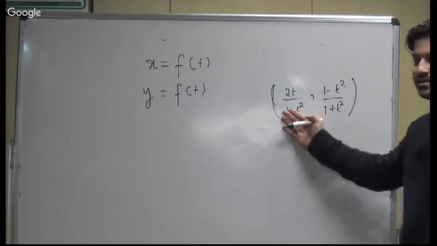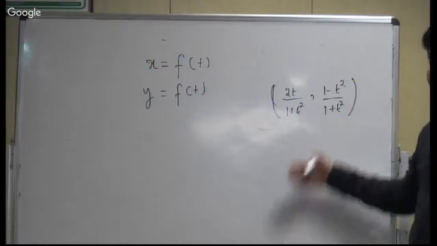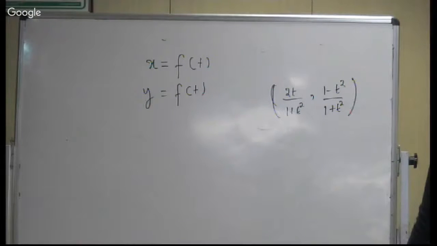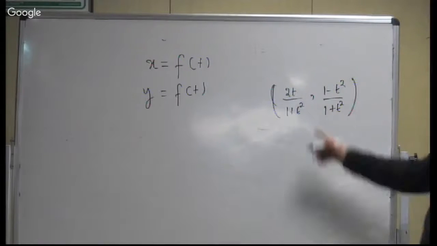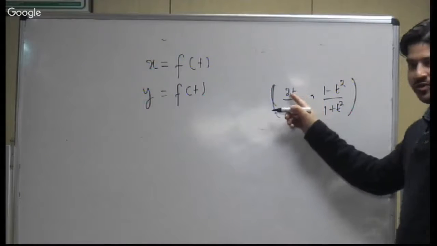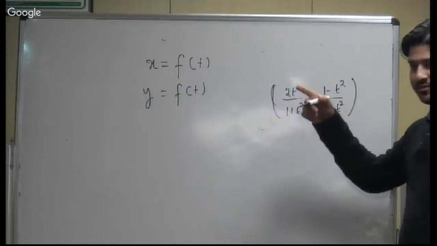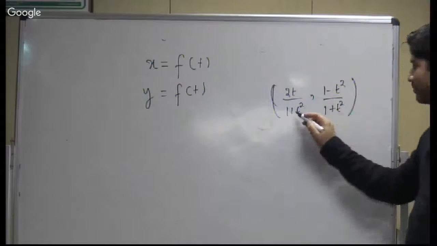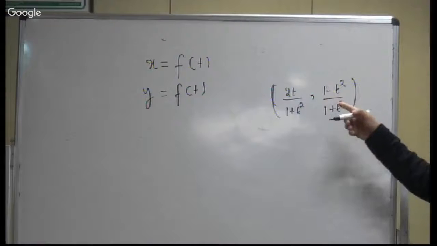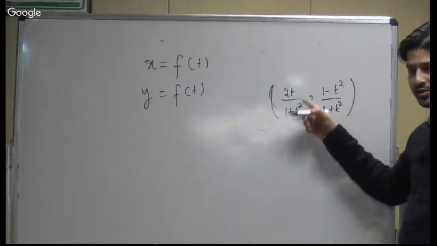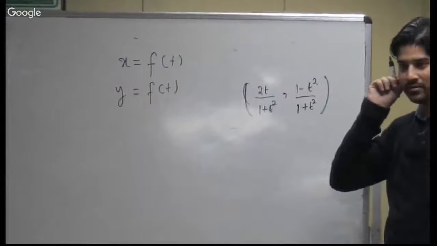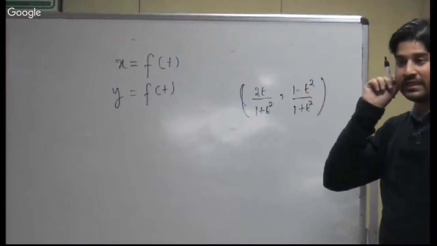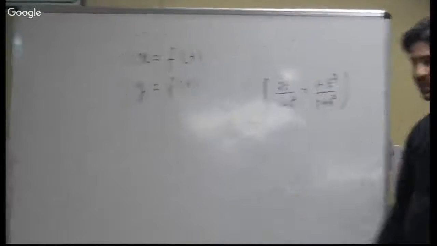If I say x is this, y is this, how do we get the curve? Yeah, we were doing this in the indefinite and definite part. So you must be knowing this form. You must have seen this form even in the trigonometric class. So what should I keep my t as? Tan theta. If I put t as tan theta, this will become